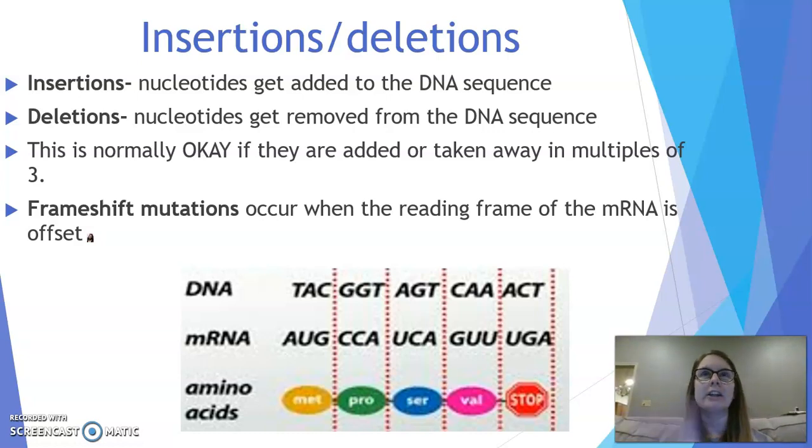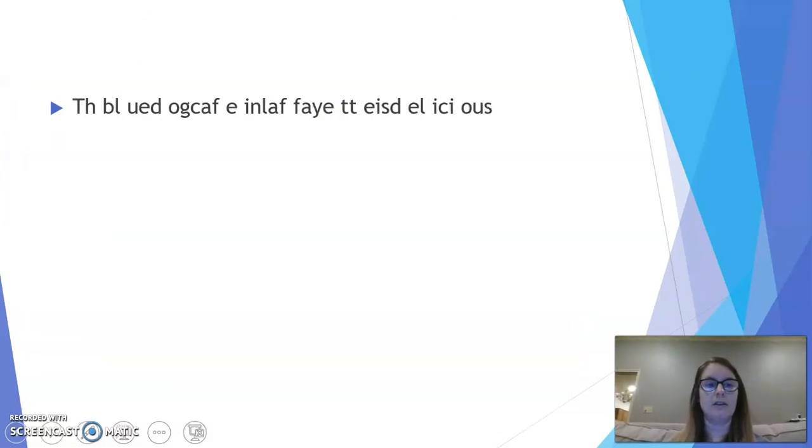Normally, adding or taking away nucleotides can be fine, if you add or take away in multiples of 3, because it takes 3 to make a codon. But if you add or take away just 1 or 2, you can cause what's called a frame shift mutation. A frame shift mutation occurs when the reading frame for the mRNA is offset a little bit. So if you look on the next slide, that sentence is supposed to say, the Blue Dog Cafe in Lafayette is delicious. But essentially, a frame should